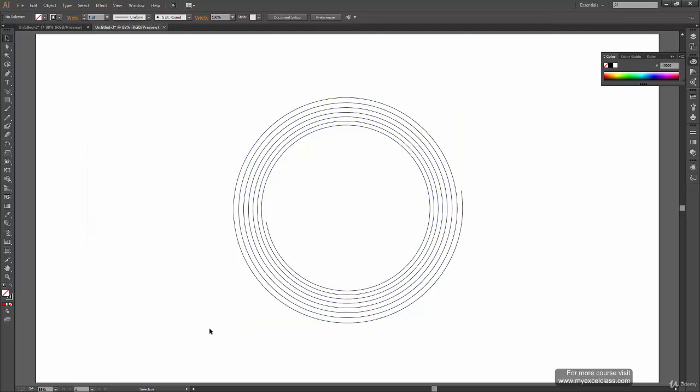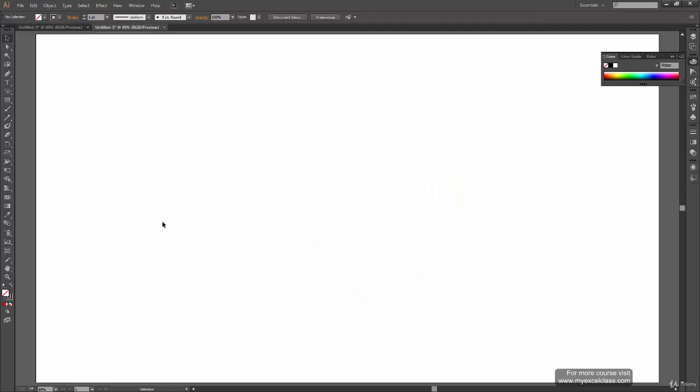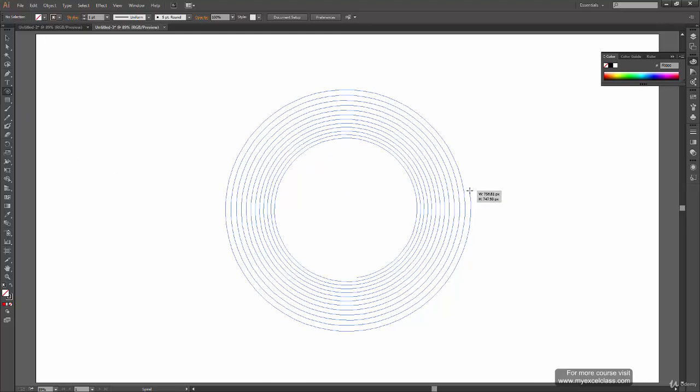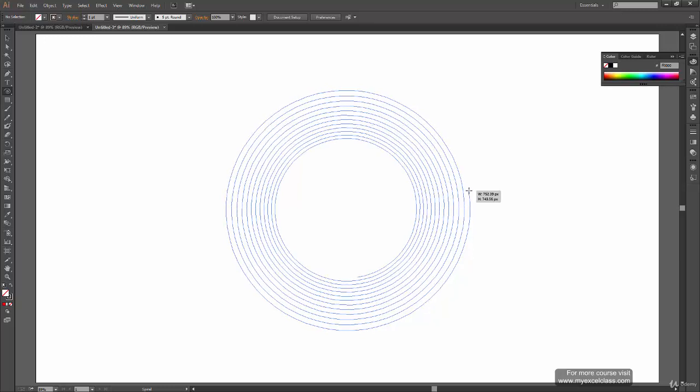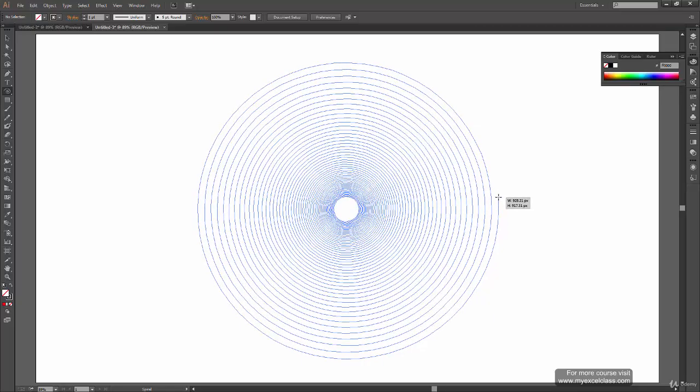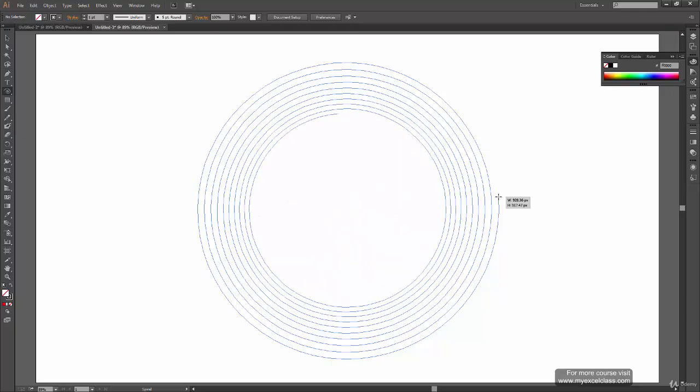Okay, so we have learned shift key for snapping the spiral to one of the axes and control key to control the decay. Now the other keys we have are the up and down arrow keys, which increase and decrease the number of segments. So when you press up arrow key, you can increase number of segments for the spiral. When you press down arrow key, you can decrease number of segments. Alright, so that's very clear.